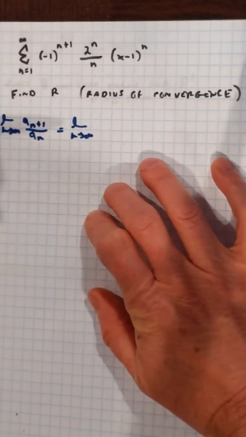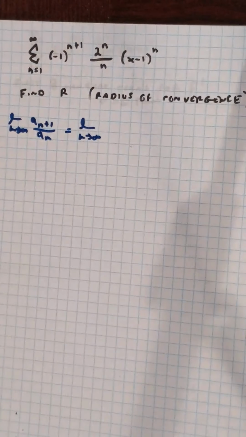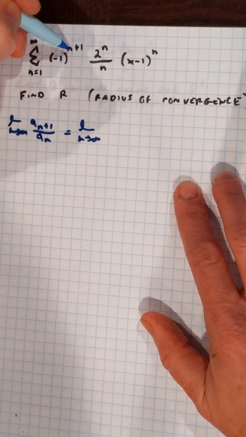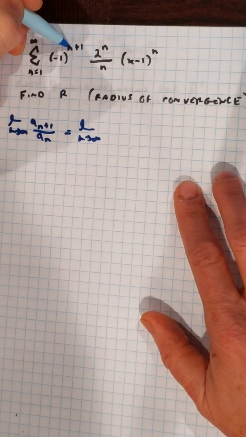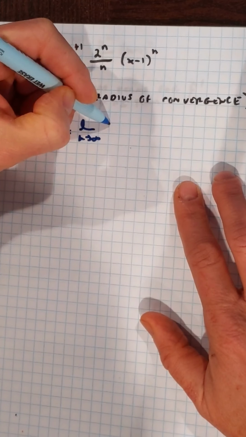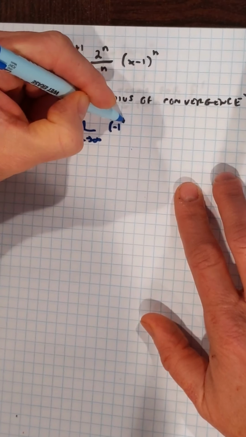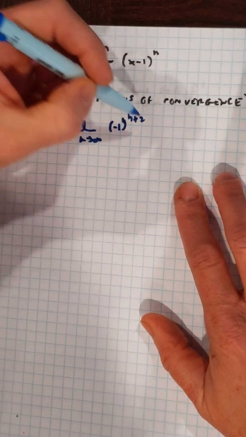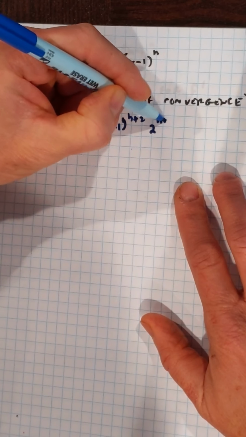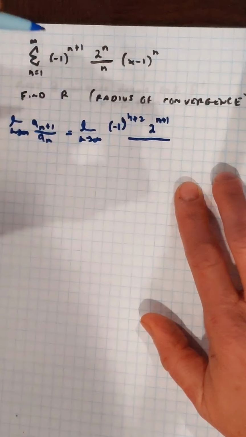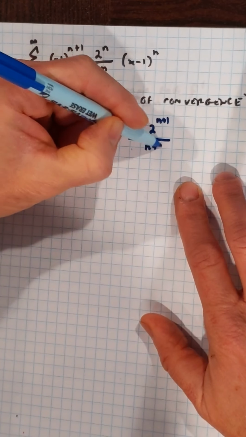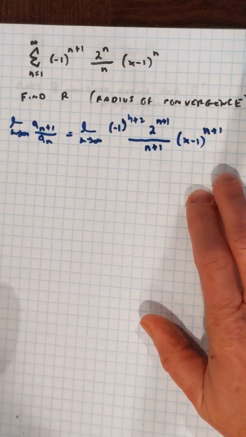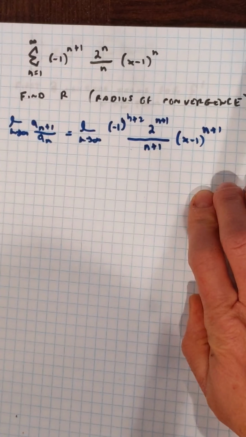So I'm going to take this right here, and I'm going to plug in n plus 1 for n. So if I plug in n plus 1 here, I get n plus 1 plus 1. So I've got negative 1 to the n plus 2. Take out the n, put n plus 1 in its place. 2 to the n plus 1 over n, take that out and put n plus 1 in its place. Then x minus 1 to the n plus 1. That's my